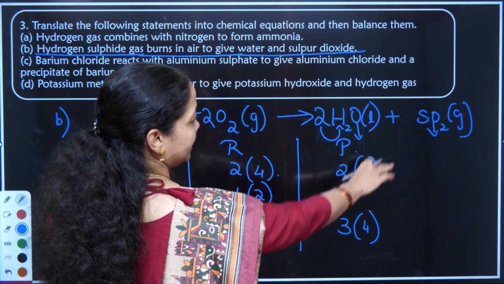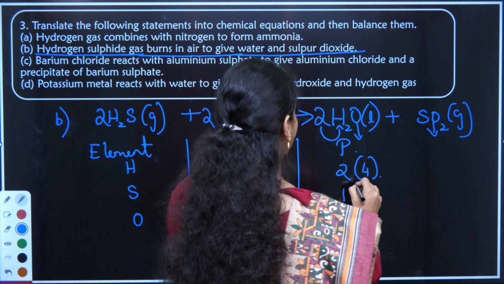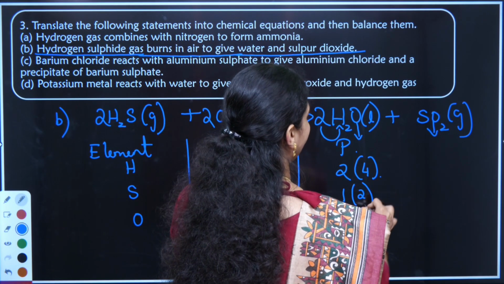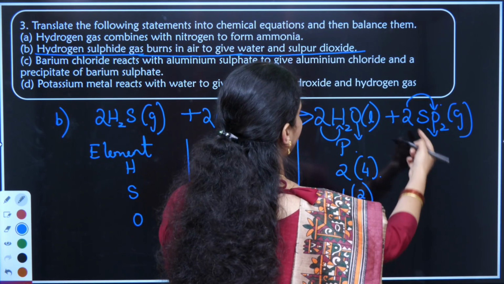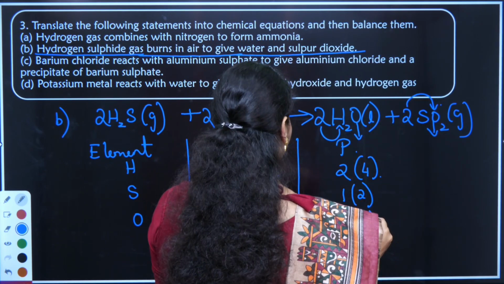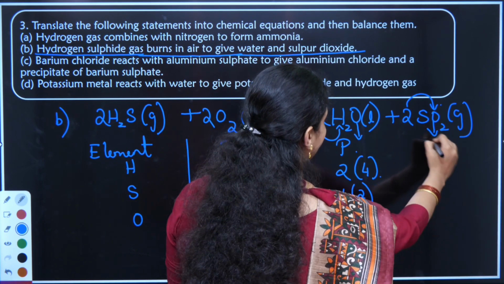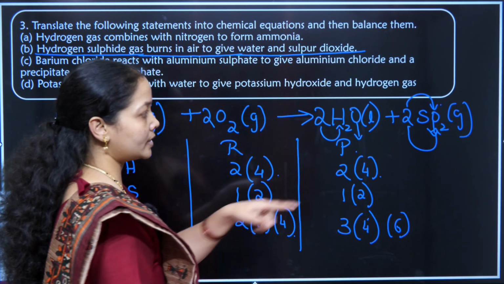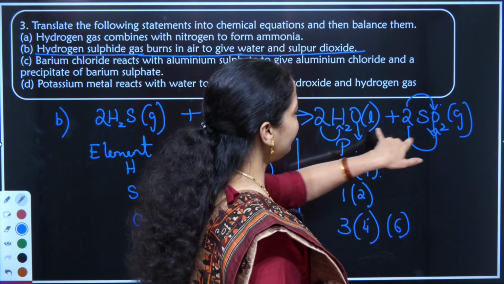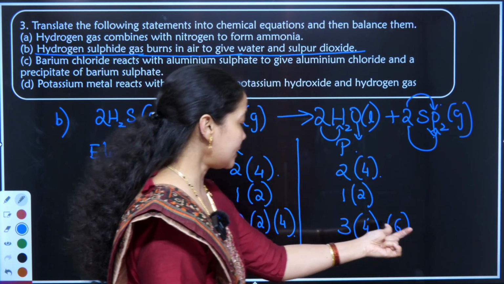But my product side sulfur is not balanced again. Therefore, I will change or multiply this with 2 again. 2SO2 is changing the count of oxygen again. So 4 plus 2, this is becoming 6. This is turning 6. Oxygen here after adding 2 sulfur is changing to 6. 2 2s are 4 oxygen plus 2 oxygen already present with me. Count of oxygen is 6.